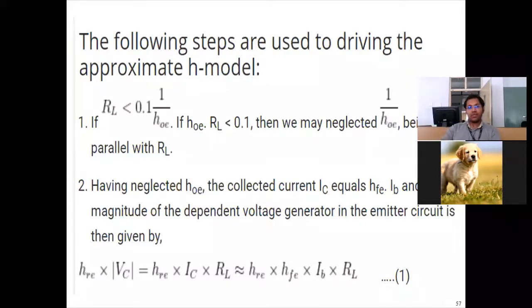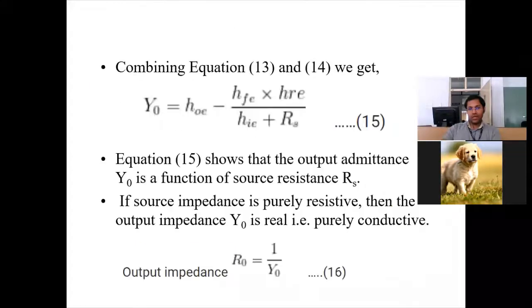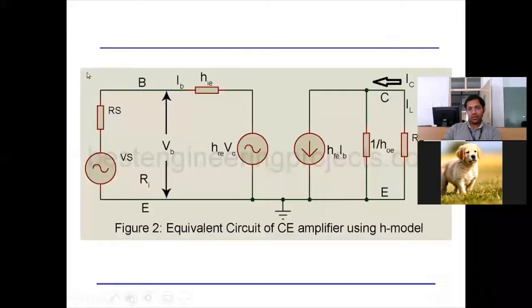So I'm going back to the circuit. Now, how to get an approximate analysis? A larger resistance in parallel with a small resistance: because current will choose the small resistance, I can neglect the presence of the larger resistance in the circuit. Based on practical values, I told you this term will be in the order of kilo ohm, and this term will be in the order of ohm.